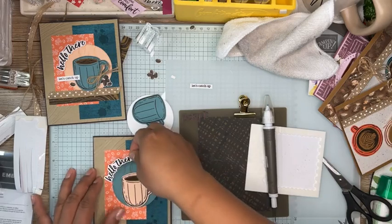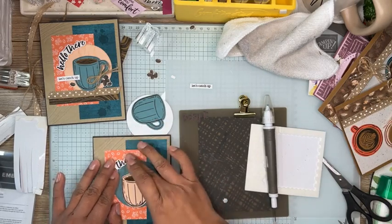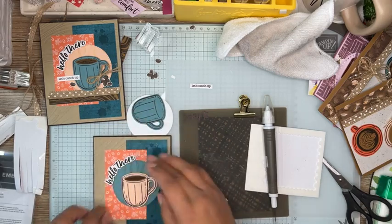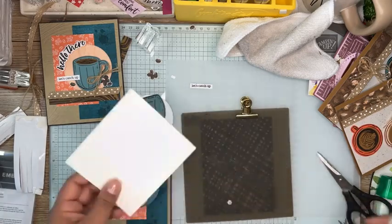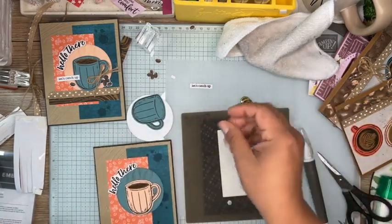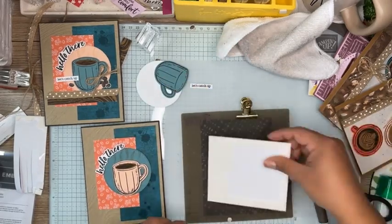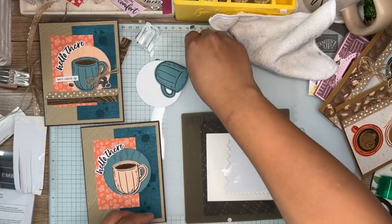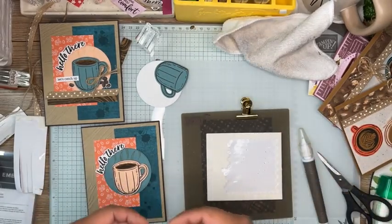Okay, and then this one we are going to put it like so. That way it goes, you know, it's not straight how I showed you. Where did I leave that? It's stamped straight, but I wanted it to go like in a circle, so you know you can manipulate your photopolymer stamps, and you make it look like that. And then here with the Let's Catch Up,